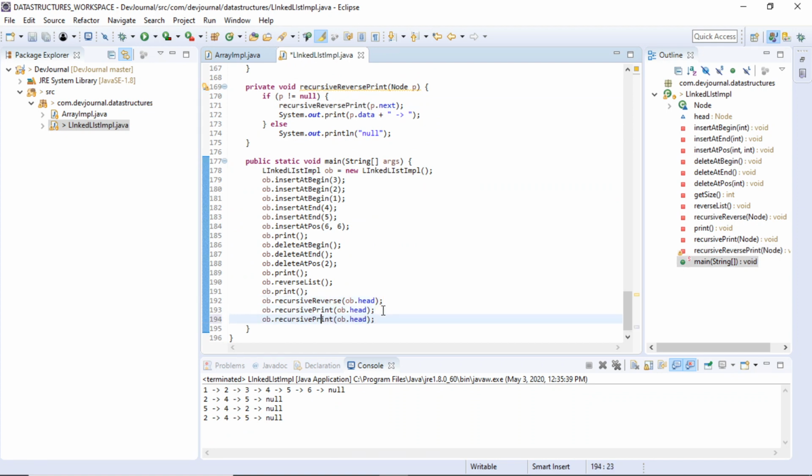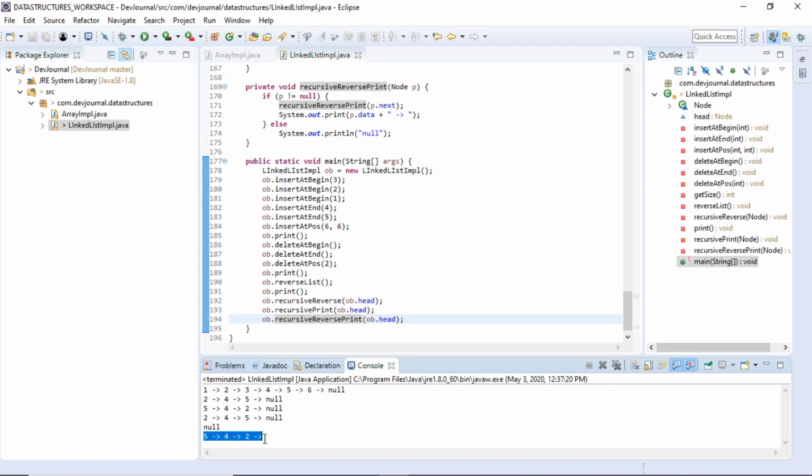We can also test this out. Let's check our method recursiveReverse, and let's run this. 5 4 2, and null is coming for the very first time. So why is this happening?